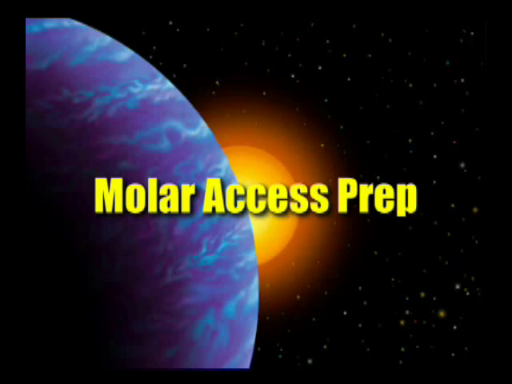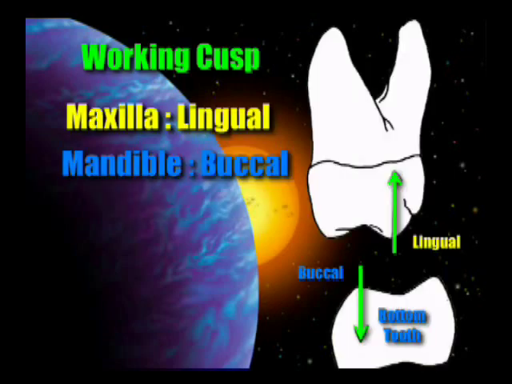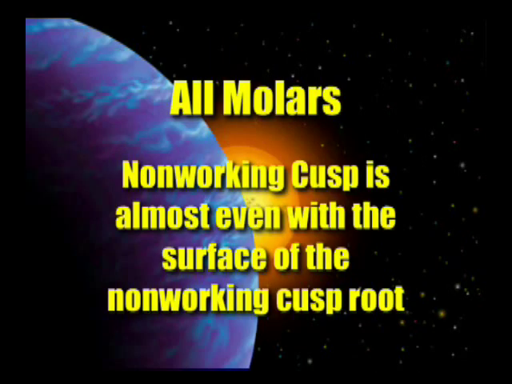So let's look at molar access preparation. The working cusp on the upper is the lingual cusp, and on the lower it's the buccal cusp. And the canal opening is almost directly beneath the cusp tip. So if we want to find that easily, our access opening must begin almost at the working cusp tip. Then the non-working cusp is almost even with the surface of the non-working cusp root, as we see in this